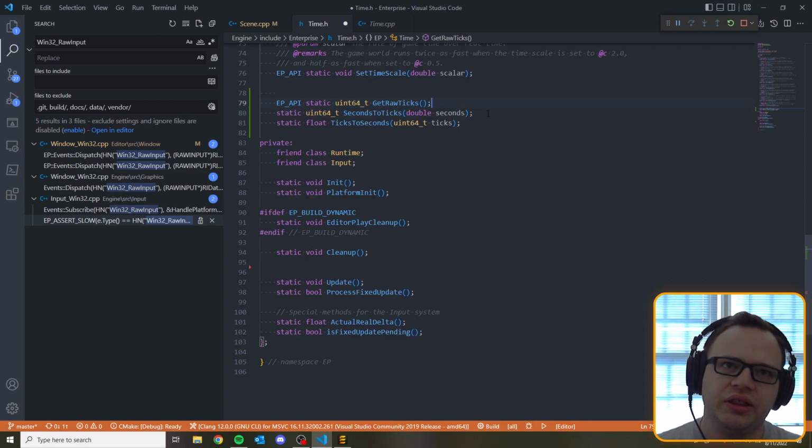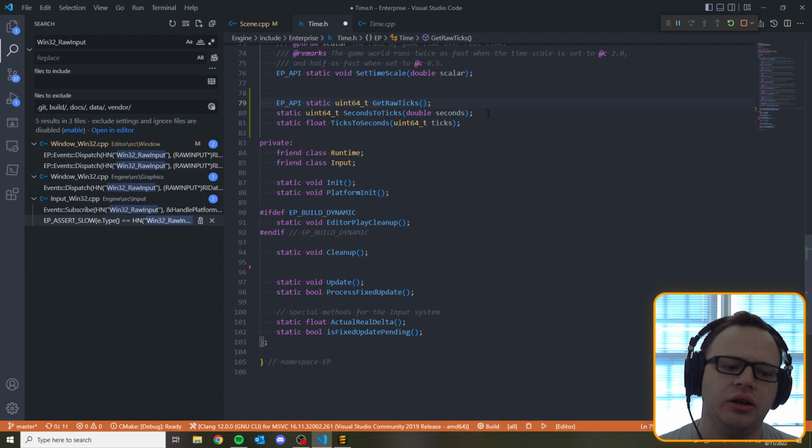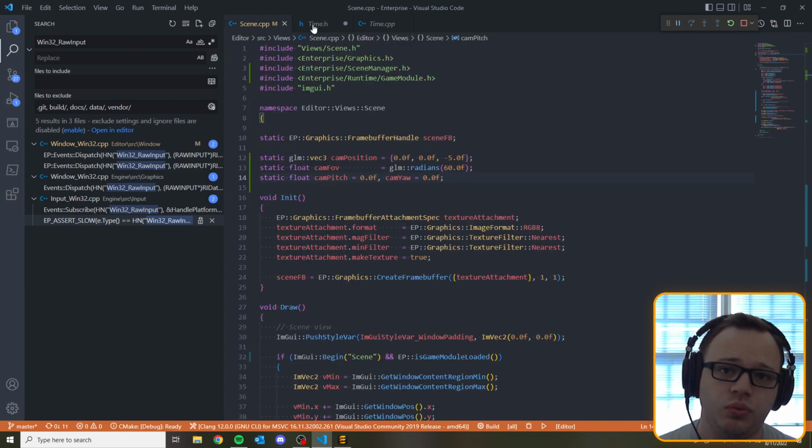So I think it's mach absolute time base on Mac OS and QueryPerformanceCounter on Windows. Those ticks are always the same fixed length, but if you go onto a different computer with a different CPU, they might be different time spans. If I expose these, then I could just directly measure the time inside of scene view without having to worry about